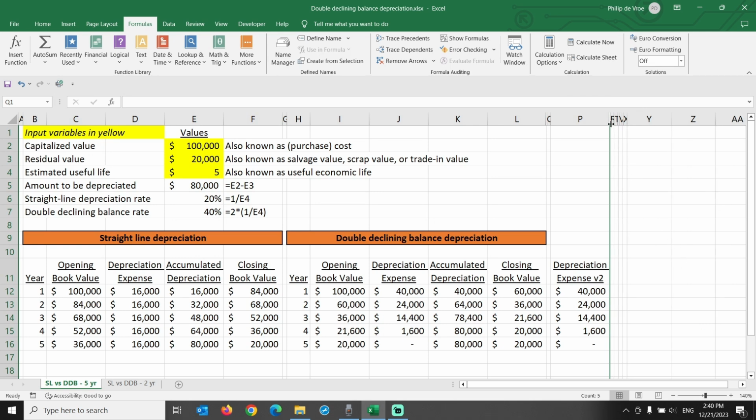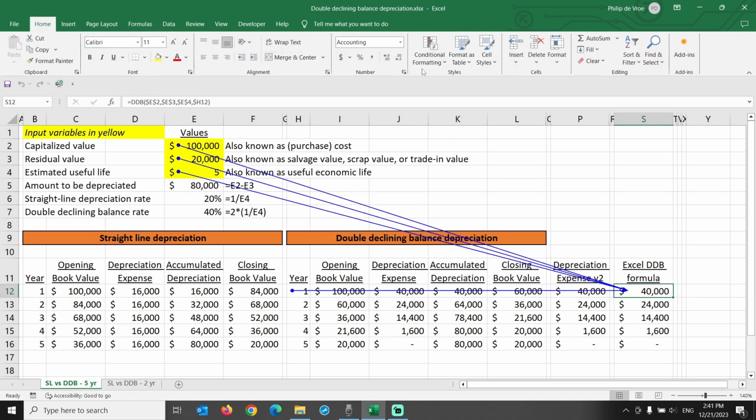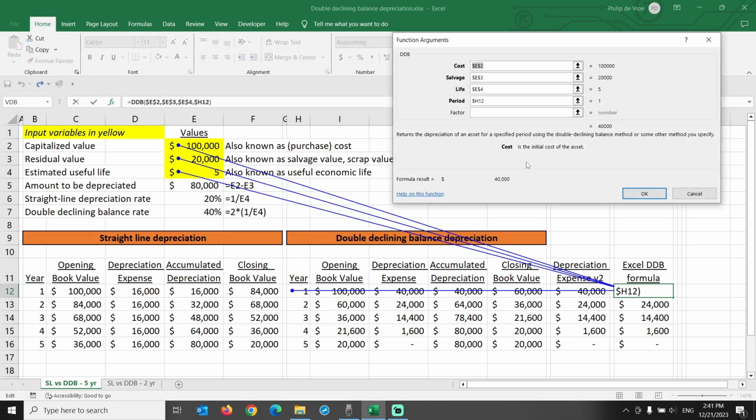If you don't like building your own formulas, then Excel offers you a pre-cooked solution, the DDB formula. DDB for double declining balance. When you look at the function arguments, you see it's just a matter of referring to the right cells in the right place. Capitalized value, salvage value, useful life, the period number for which you want to calculate depreciation expense,